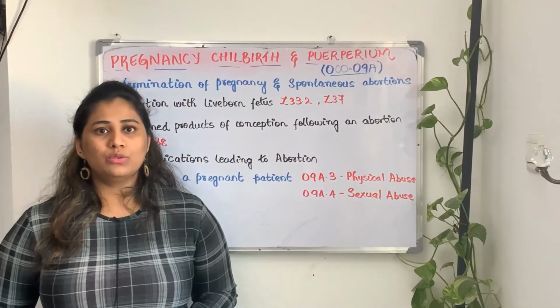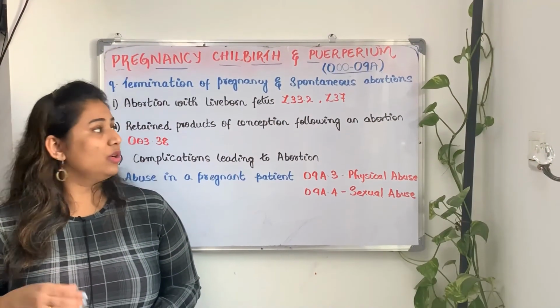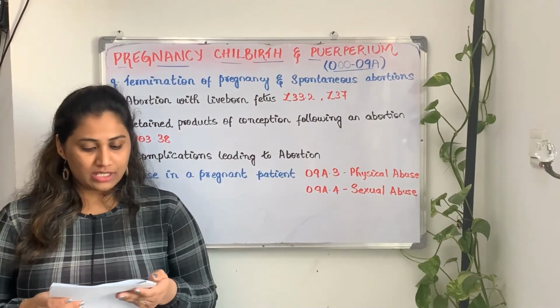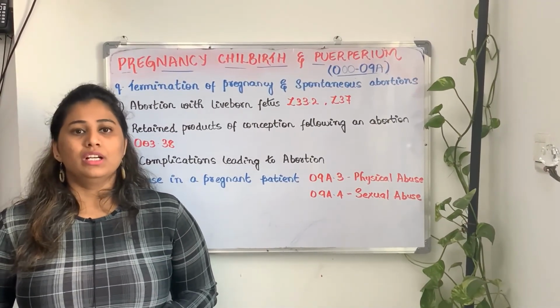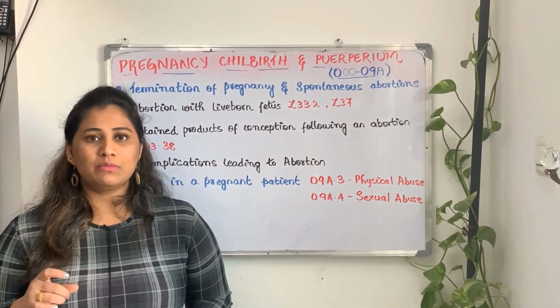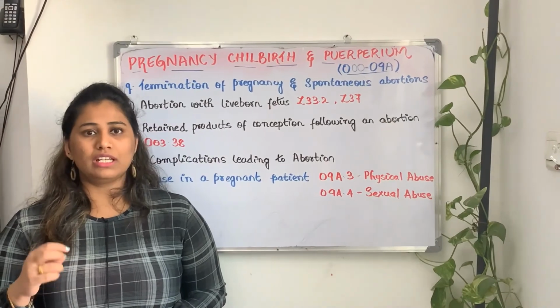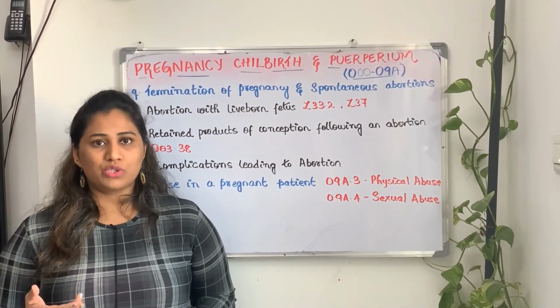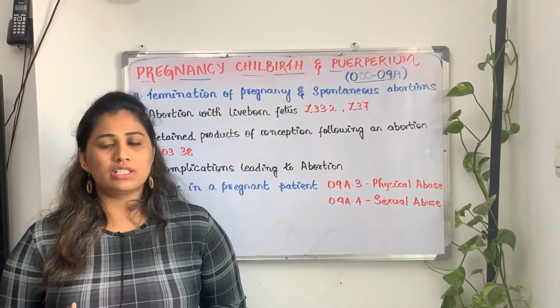Okay. So, till now we were dealing with pregnancy and delivery. Now, there is a small topic regarding abortions. In that there are 2 to 3 guidelines. The first one is abortion with a live born fetus. In this one, sometimes at 6 or 7 months, we will be going for an elective abortion. It can be due to a complication for the mother or baby. At that time we will be choosing this elective abortion.